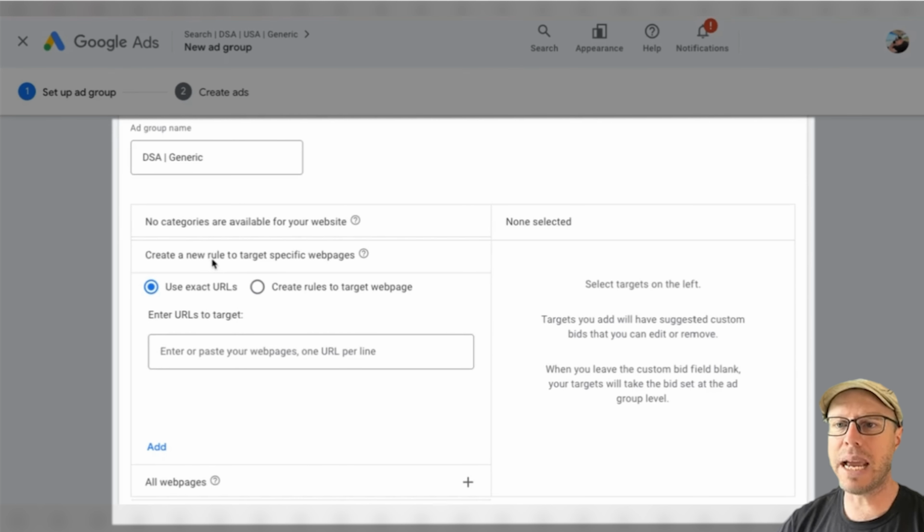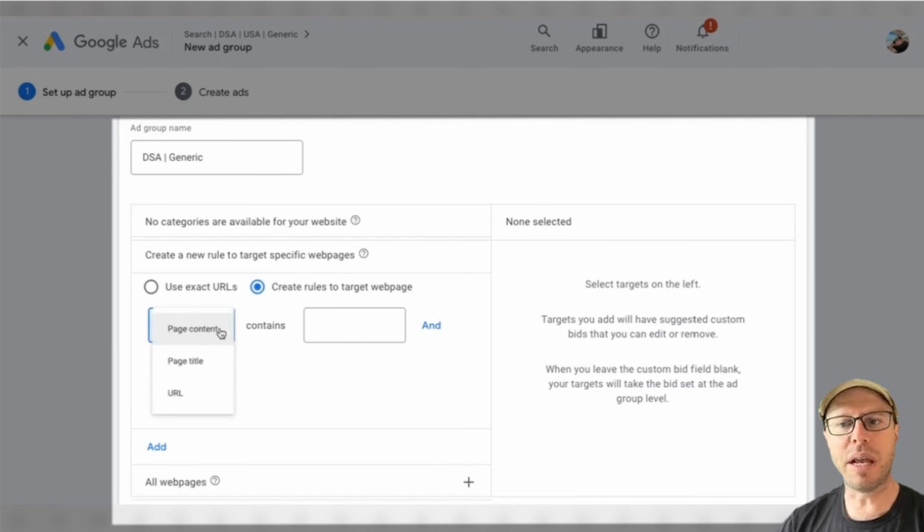So from here, you can create new rules to target specific pages should you wish. You can use exact URLs. We can create rules around the targeting web page. So if I was to select this drop down where it says URLs, page title, content, again, as I was